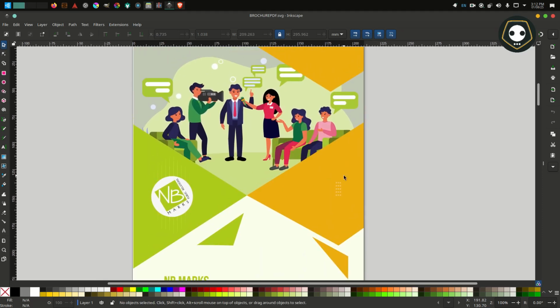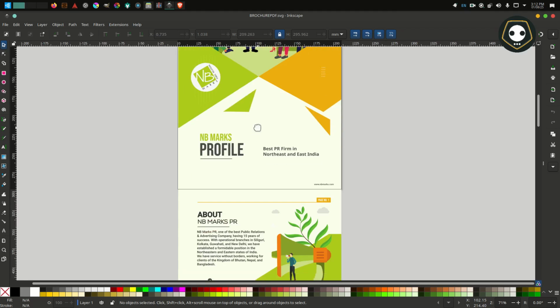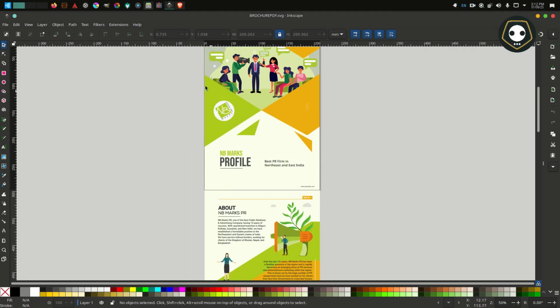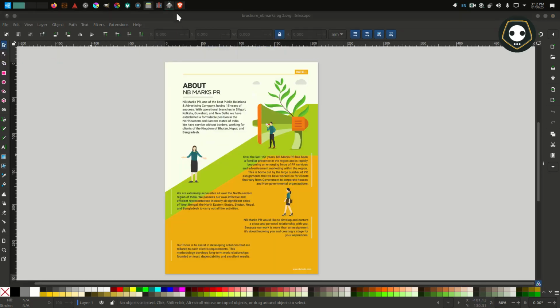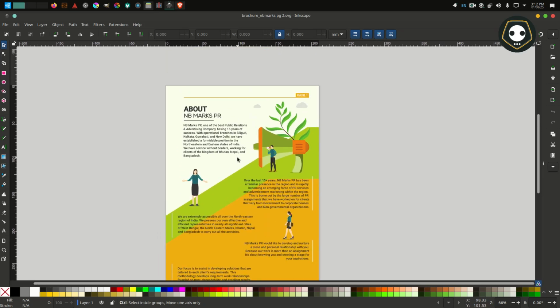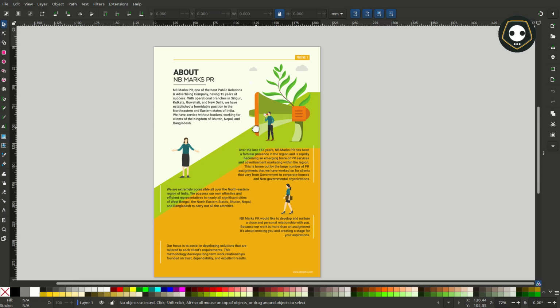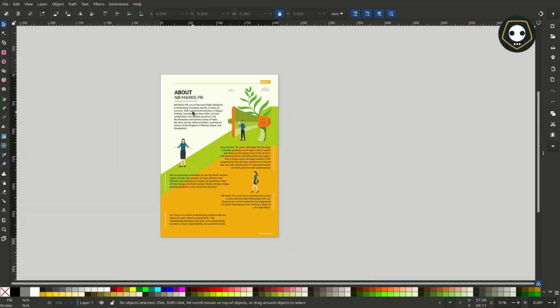So 60, 30 and 10, these combination rules I have used to make this brochure. So how to make this one very stunning? You can see here, very stunning. So how can you do this work?